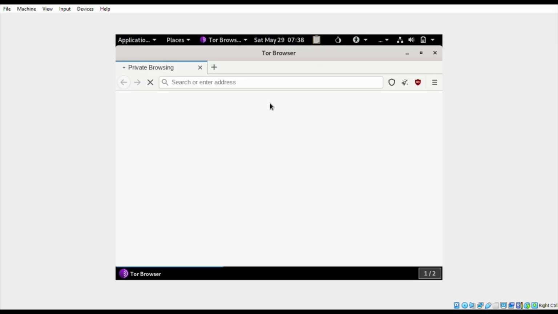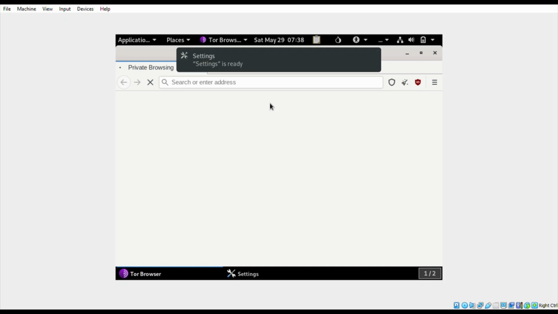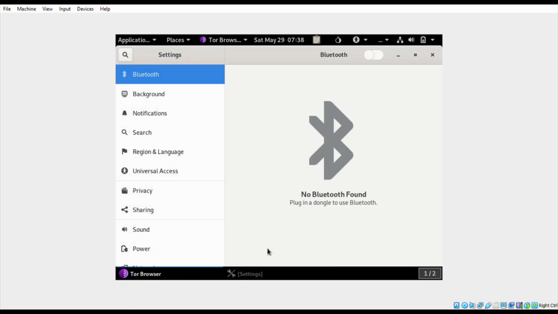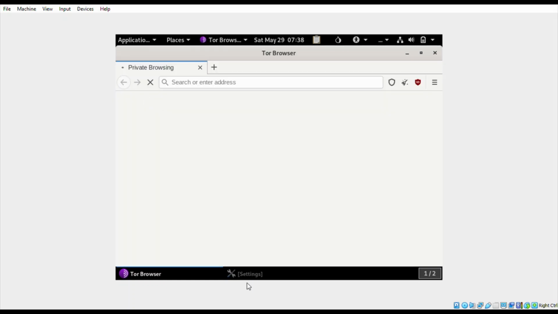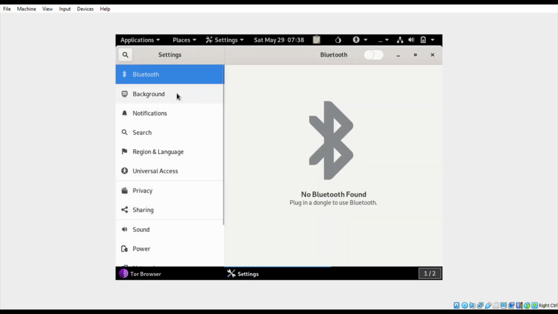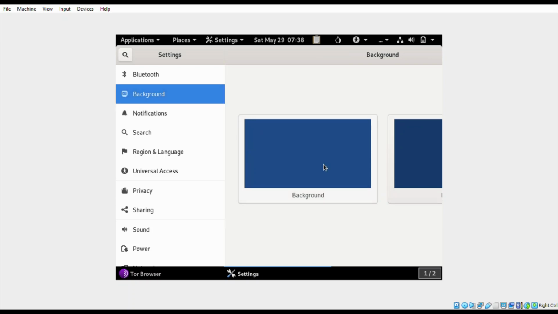You can customize this OS with a lot of wallpapers and background colors which give an eminent view. Tails, also known as Amnesic Incognito Live System, is a security-focused Debian-based Linux distribution aimed at preserving privacy and anonymity. We know that Linux is an open source system, so Tails is an open source operating system.